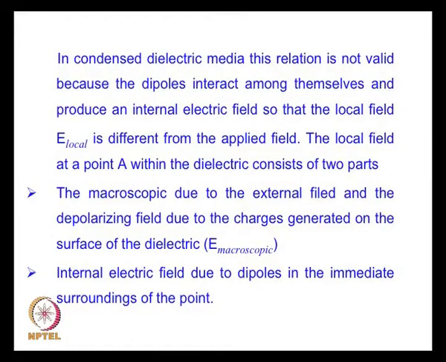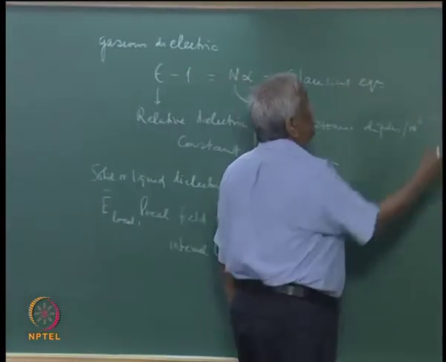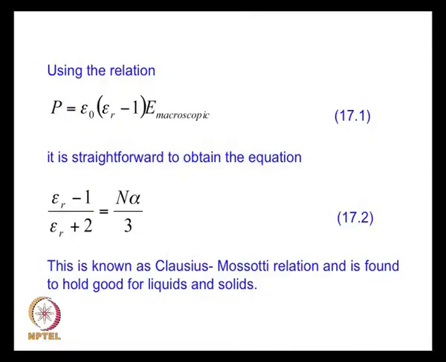So, it is this E local which has to be used here in this equation, and this leads to a modification of the Clausius equation in the form